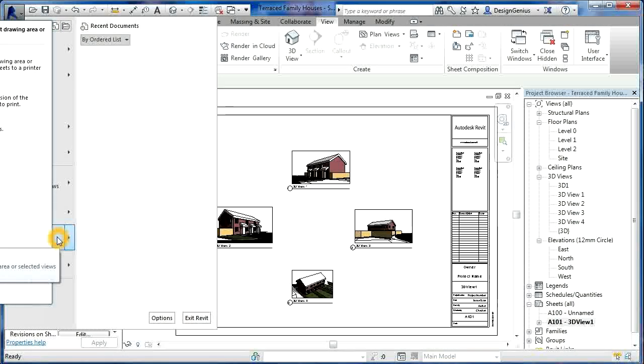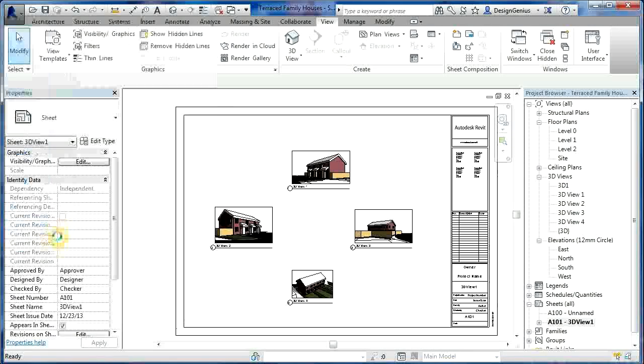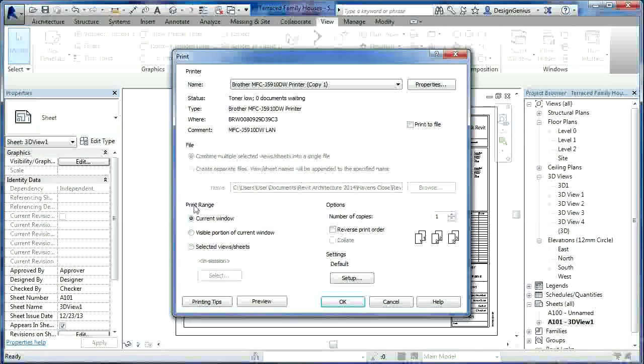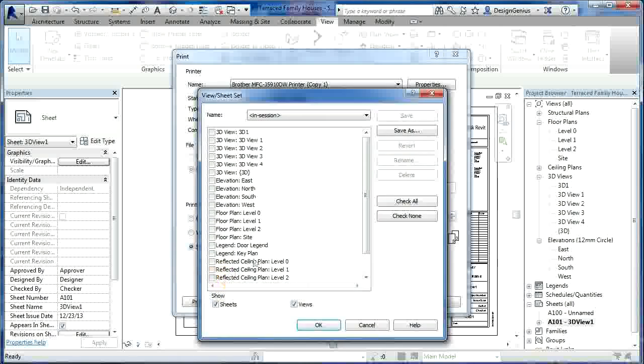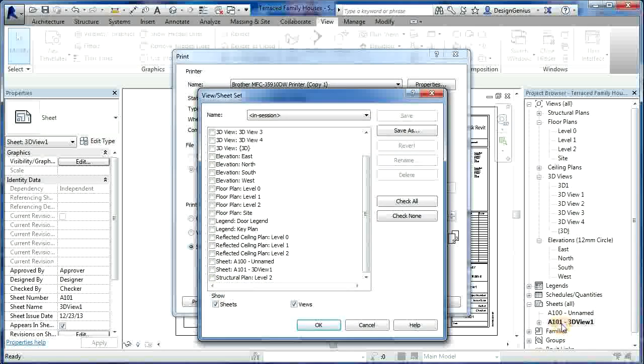It's showing outside the recording area. If I click, it tells you what printer you've got and all. So all you need to then do is click on this, select the drawing sheet you want by going down. We just created A101 3D view 1. Just look for it, which is that one,